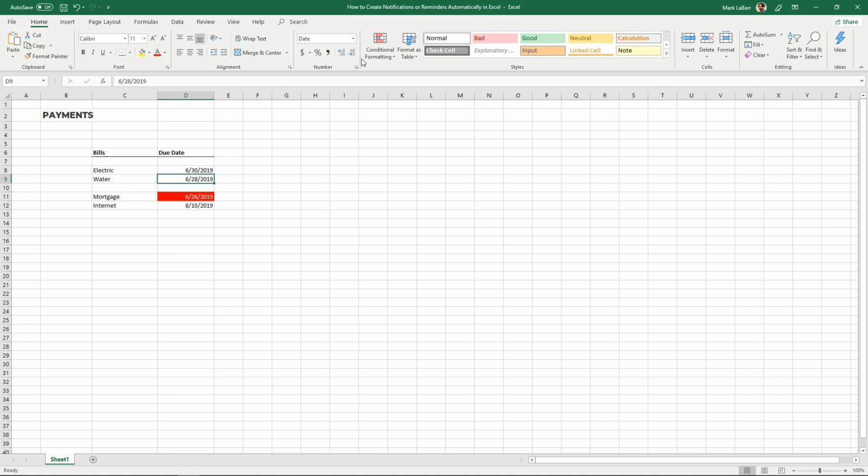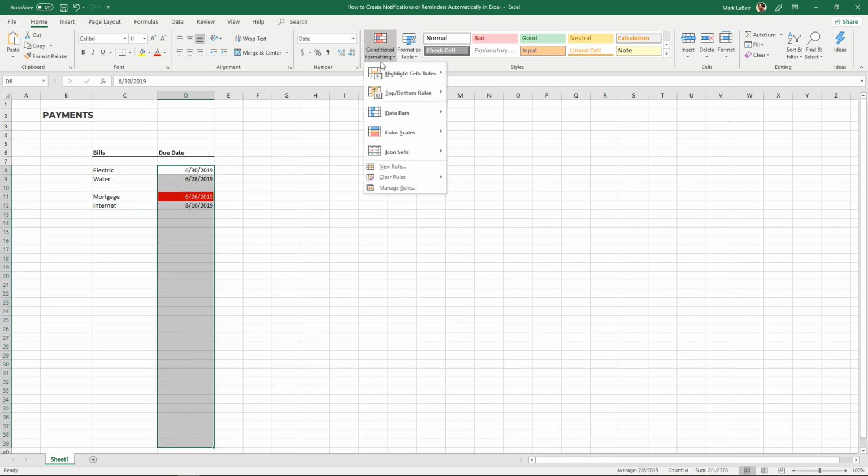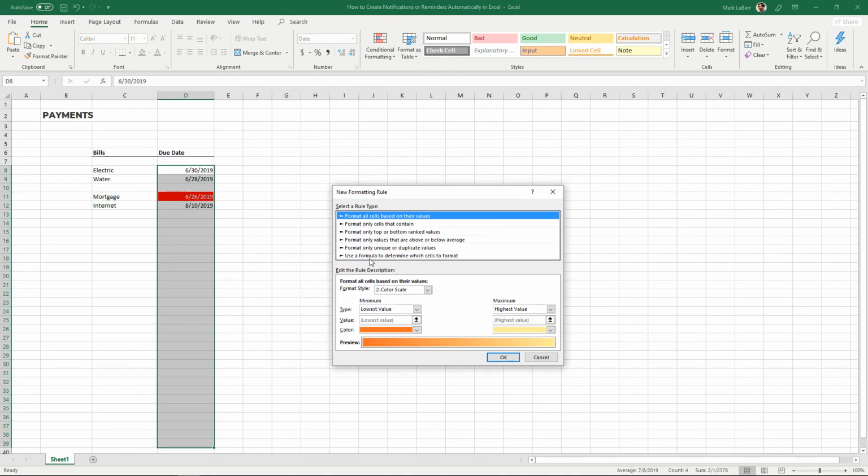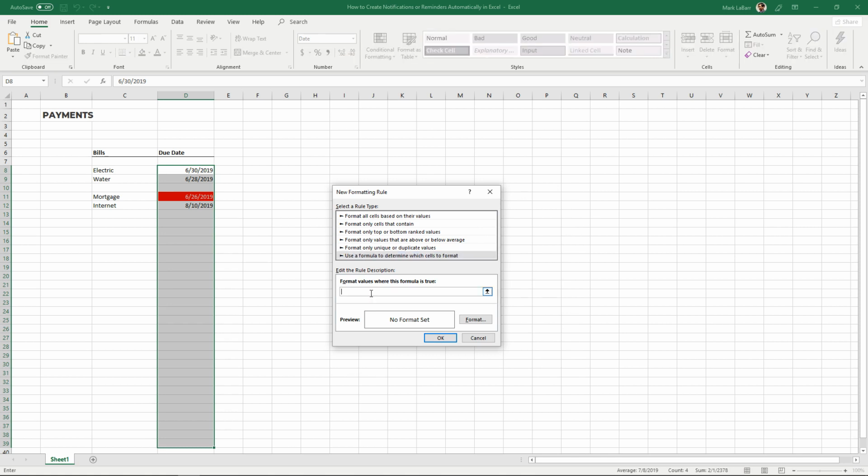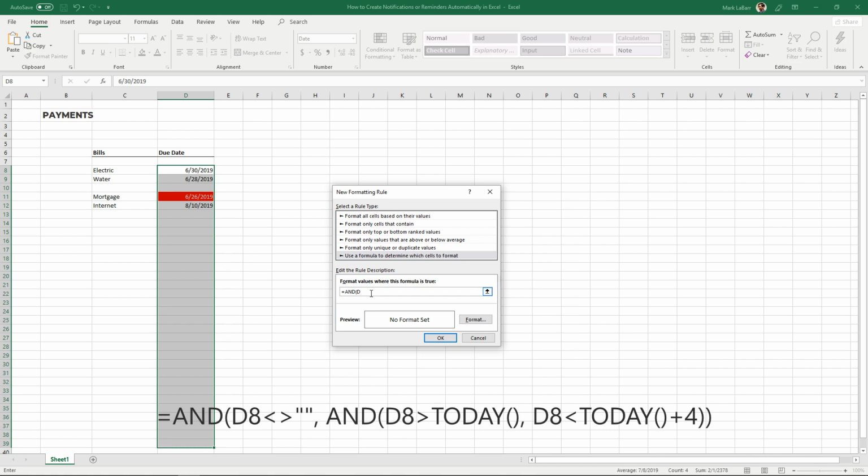You can change the rule to do that, or if you want to keep the on today's date rule, you can just go ahead and select these, conditional formatting, create a new rule, use a formula, and let's say equals AND, same thing, D8 not equal to quotation marks, not equal to nothing, and comma, and we're probably going to need a range here, just so it's not less than everything or equal to everything. We'll probably need a range, so we'll have another AND formula here, and if D8 is greater than today's date,